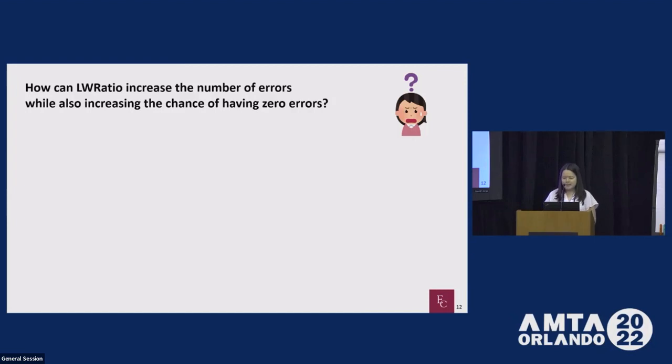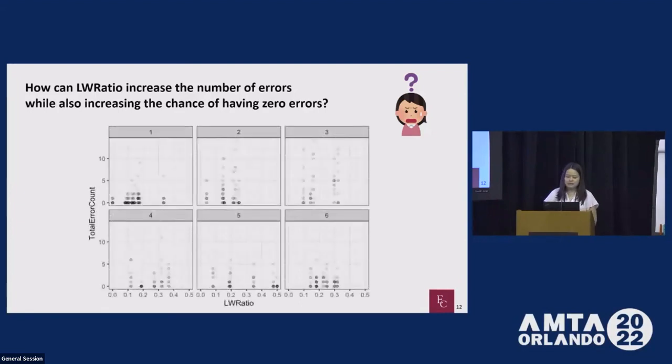Now, I personally have never seen this statistical method utilized in TPR, and I am not exactly sure whether this assumption of ZIGLMM is valid or how I should be interpreting these ZI models. So I would love to hear your opinions here today, but at least to answer this specific question, perhaps it might be because many of the segments with high long word ratio values happen to contain 0 errors.